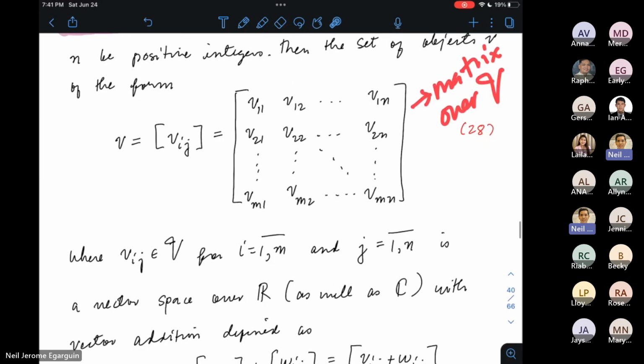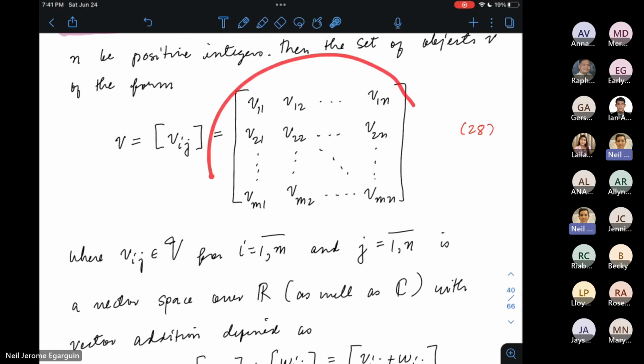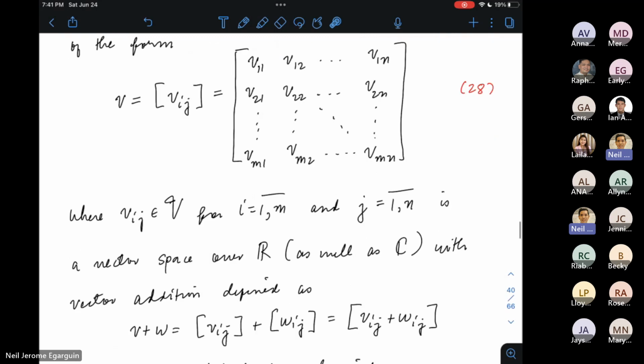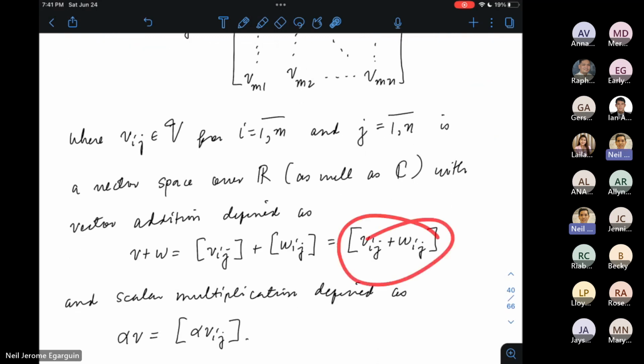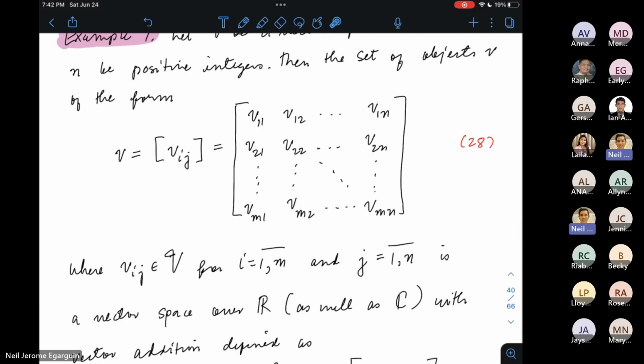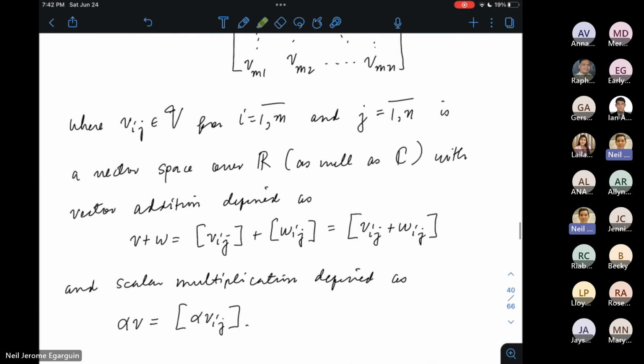Right? Now, I want to create a vector space out of these matrices. So pagka-define ko yung matrix addition as component-wise addition, so pag meron akong dalawang rectangular arrangements of numbers, yung nasa first row, first column, i-add ko sa first row, first column ng kabilang matrix. Yung nasa first row, second column, i-add ko rin dun sa nasa first row, second column ng kabilang matrix. Then that's component-wise addition. Yun yung tatawagin kong vector addition.